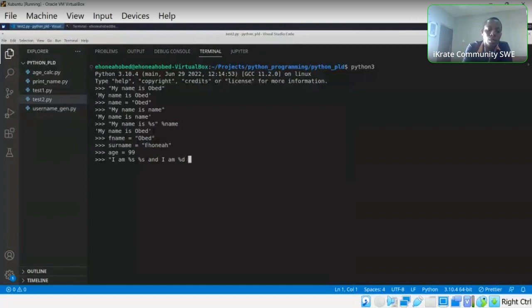I am this years old. Then we close our string. So now all that we have done is we've written a string, but we've left in the string some placeholders that will be replaced by other data, or specific data that we are going to use to replace. So right after the string, we have to indicate what is the data that we want to use to replace